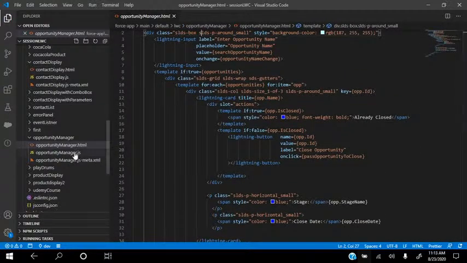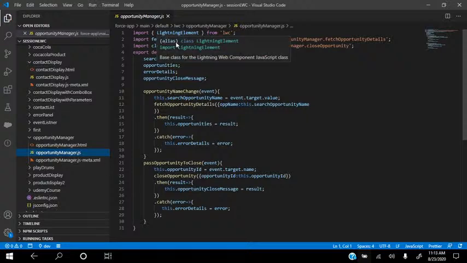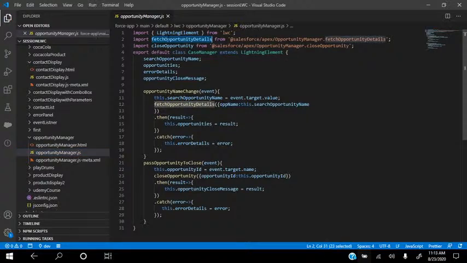So let's see step by step. What happened? First of all, we want to get fetch opportunity details. Fetch opportunity details is the method name from opportunity manager. Now see, just focus here. What we are doing is,